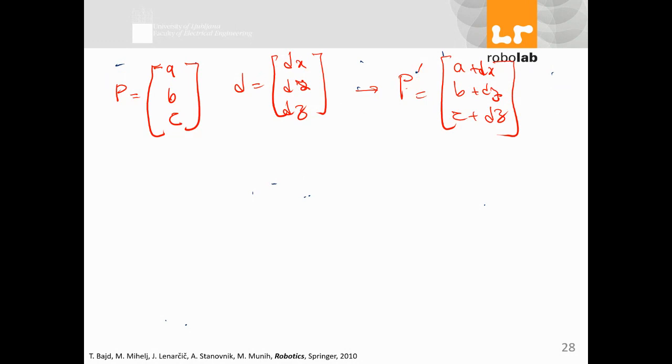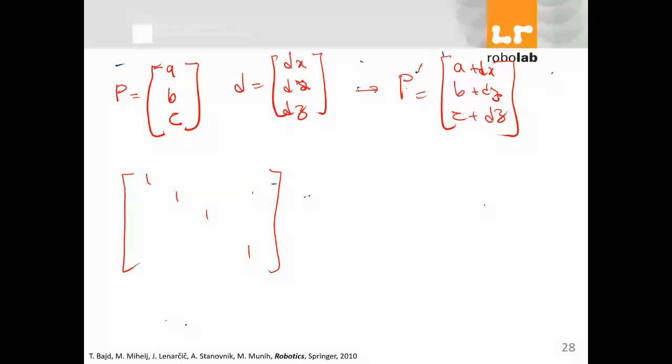If I represent everything in matrix form like this,